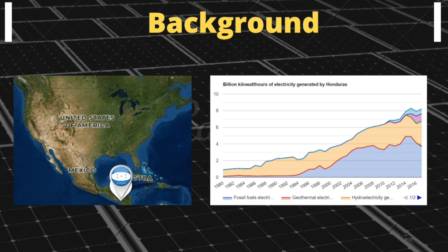The primary energy sources that are used for electricity, heating, and air conditioning are primarily firewood. They also import oil mainly from the United States. The factors that are driving the current and future energy use in Honduras is that there are no oil refineries. They import mainly from the United States, as I mentioned before,